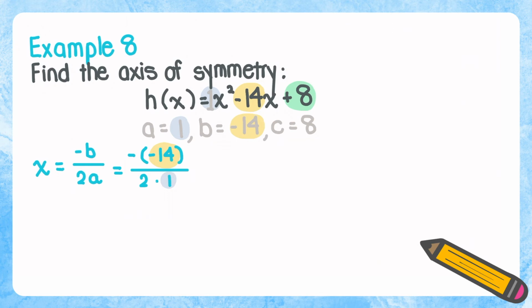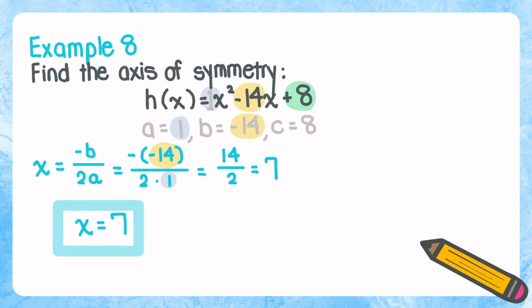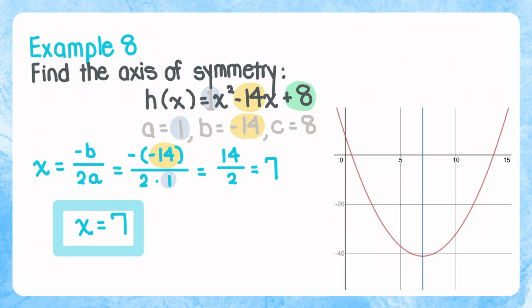A double negative would turn into a positive, so I have positive 14 divided by 2 times 1, which is 2. 14 divided by 2 is 7, so my axis of symmetry is x equals 7. Let's look at a graph. So here it's a little hard to see, but x equals 7 is the axis of symmetry, so we know